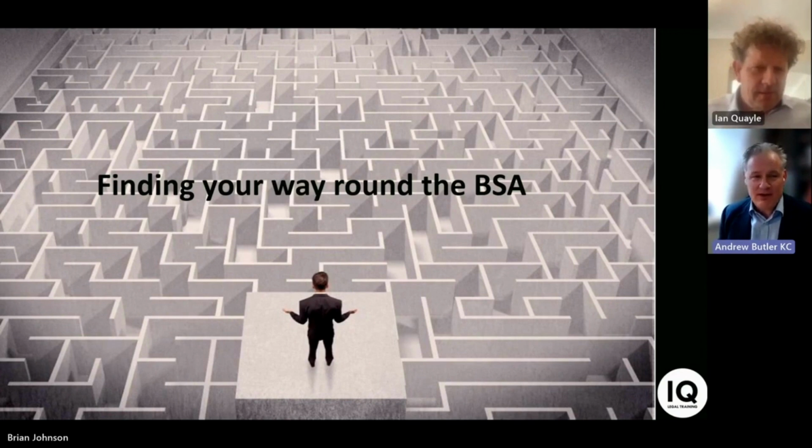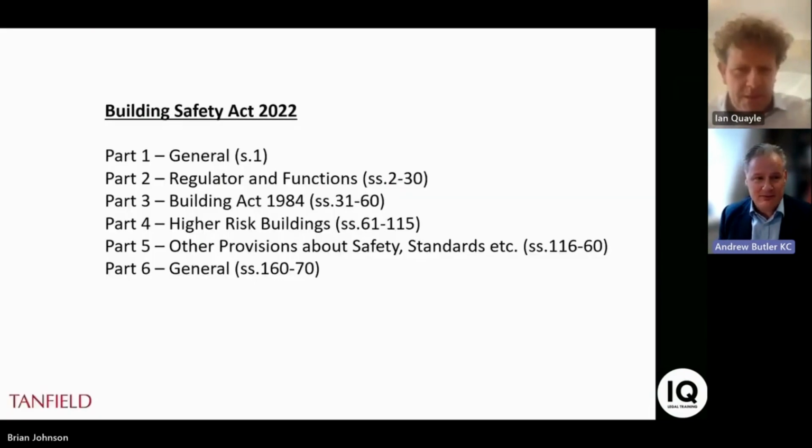On the one hand, we've got Part 5 and Schedule 8, which came into force on the 28th of June 2022, and which operates in a variety of situations to protect tenants against liability to pay service charge. On the other hand, with effect from the 6th of April 2023, we've got Part 4 and the new Section 30D of the Landlord and Tenant Act 1985, which has the effect of potentially increasing tenants' liability. If you find this confusing, you should console yourself that you are not alone in that confusion, and we will try to dispel some of it in the course of this afternoon.